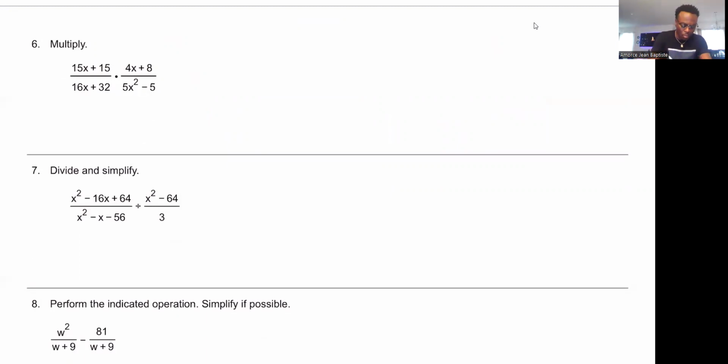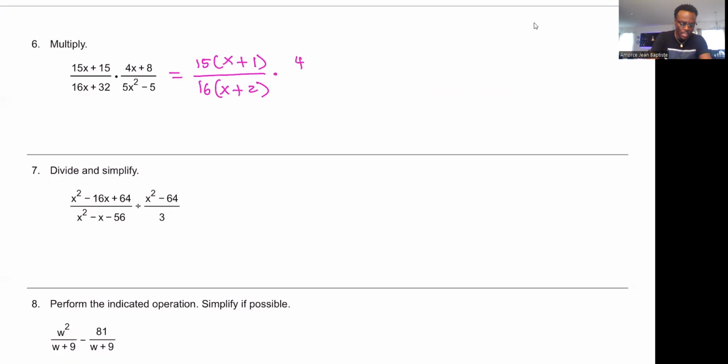So that said, we will factor the GCF 15 from the first expression on top for the first fraction. So that's x plus 1 when we factor 15 out. And when we factor 16 out of the bottom expression, we get x plus 2 inside of the parentheses, times